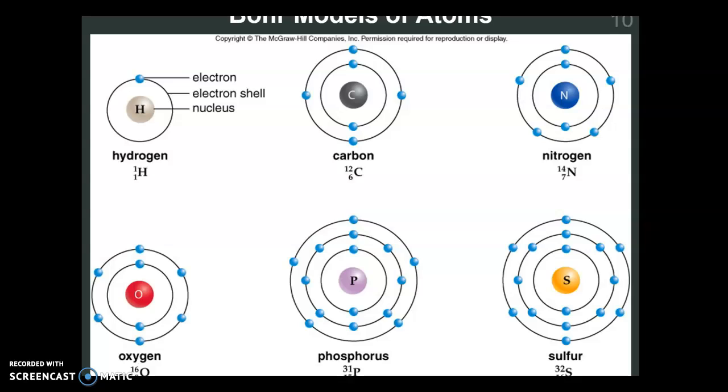Hydrogen has an atomic number of 1 and a mass number of 1. So what that says to us is that hydrogen always has 1 proton in the nucleus, and it actually has 0 neutrons in the nucleus. It's got 1 electron that's rotating around the outside. There's carbon, carbon 12, we just talked about, and nitrogen has the atomic number of 7 and the mass number of 14. 7 protons in the nucleus, and there would be 7 neutrons in the nucleus,